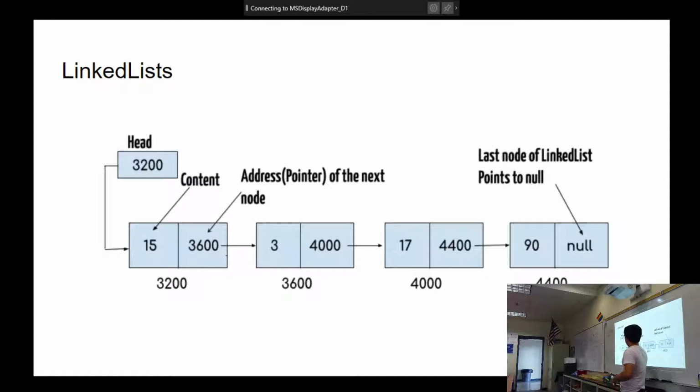Our next node has a value, and it has the next node, and the next node, until we get to null, where this will be the last part, or we have our tail pointing to this location as well. Do you see how we have to start at the head and slowly go through our list? We can't go backward. That is one restriction of a linked list. But you can change that if you really wanted to.